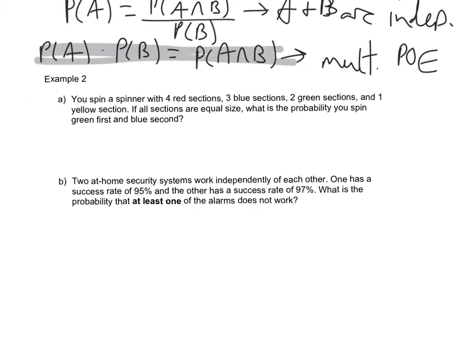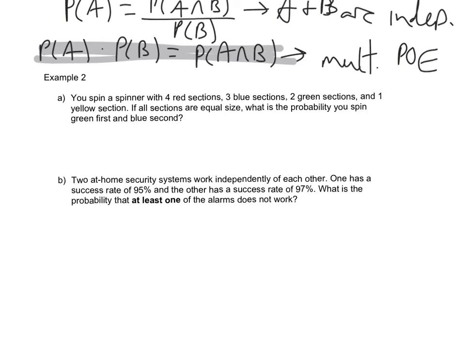We're going to apply that here in example 2. You spin a spinner with 4 red sections, 3 blue sections, 2 green sections, 1 yellow section. If all the sections are equal size, what's the probability you spin a green first and then a blue second? So the probability of green and blue is going to be the probability of green times the probability of blue,